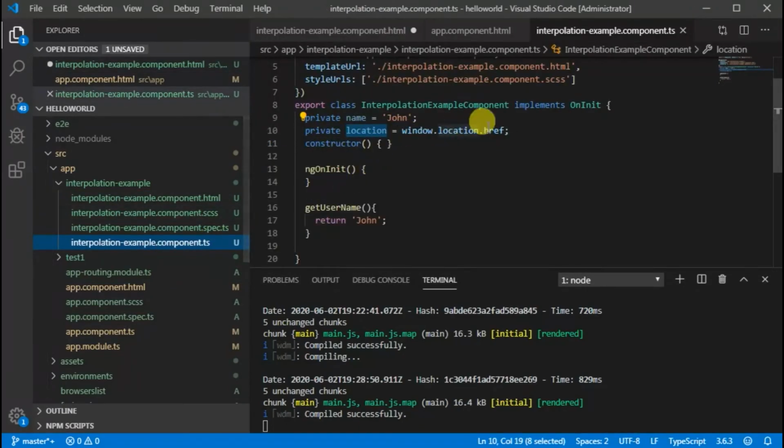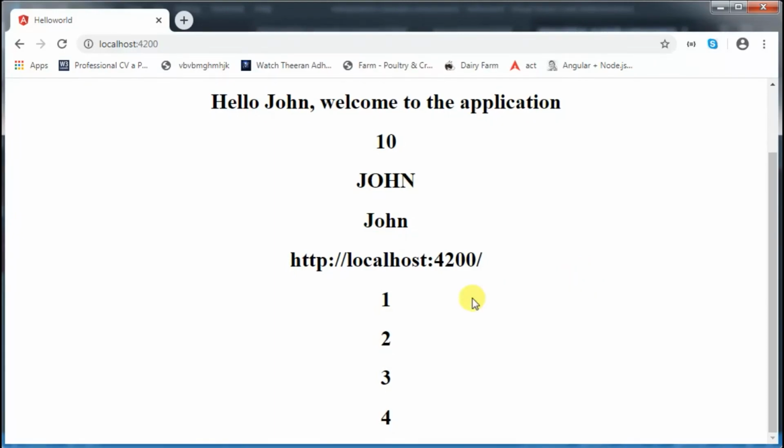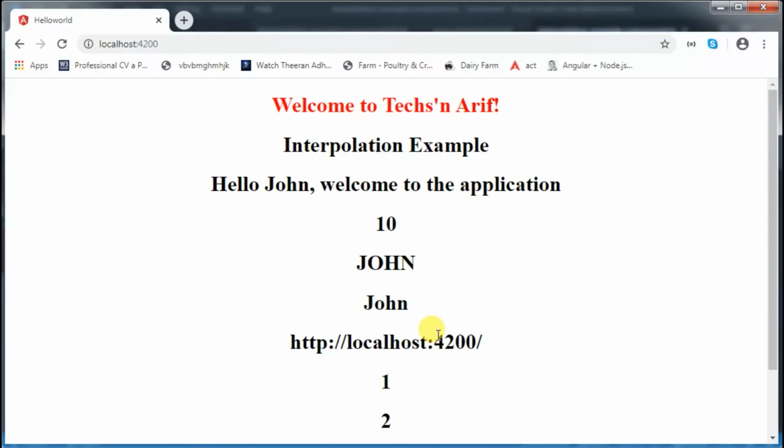So we will declare the items in the class. We will save the changes and head back to the browser. Yes, as a result, we can loop through the array objects. Right, so these are the ways we can use the interpolation concept in our Angular application.